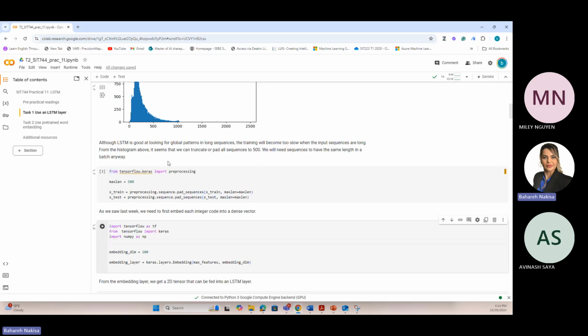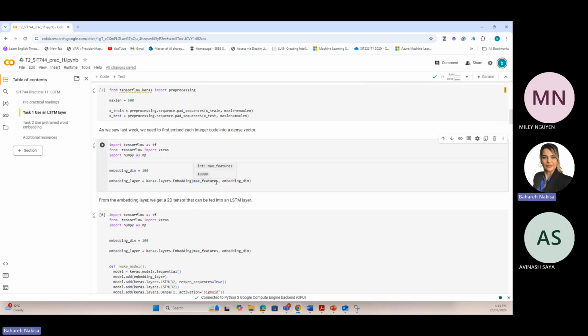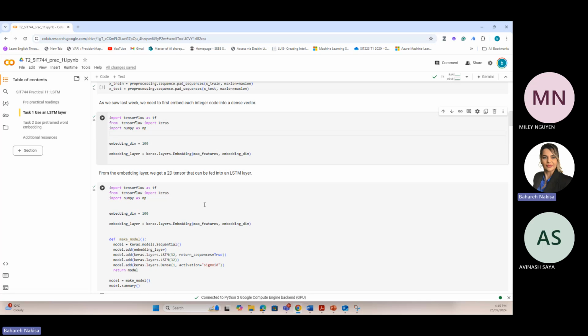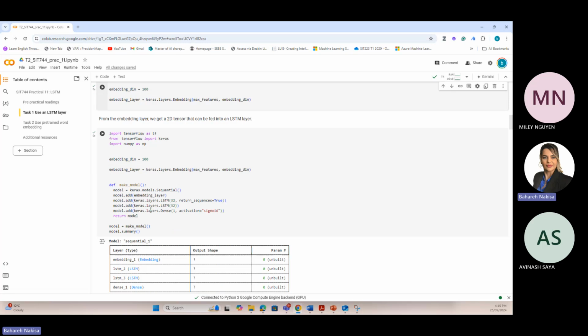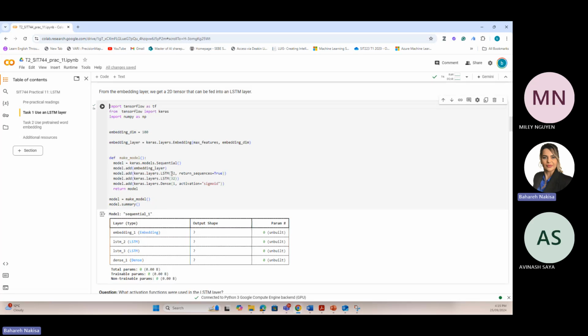Here, what we need as an embedding layer is to pass the number of words, in this case the most frequent words in the IMDb dataset, and we have the embedding vector that is 100 in this case, right? So we have this embedding layer, and I just copied and pasted it here. And then we want to use this embedding layer in the